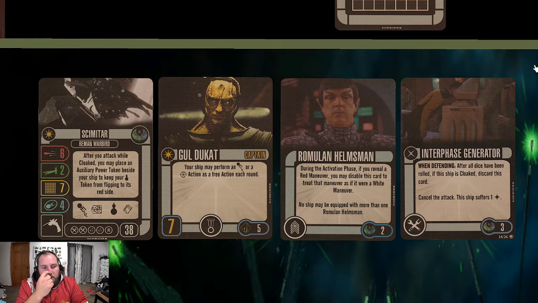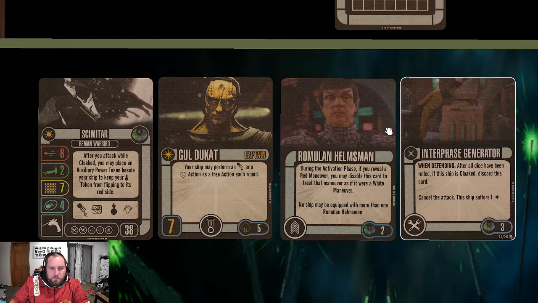Yeah, and maybe that's what he put, and I just misread it. So Romulan Pilot, free action, discard this card, place a scan token beside the ship, and the ship may perform a green maneuver. That seems more like what this is supposed to be. Either way, interesting. And then again, interface generator just to kind of cover